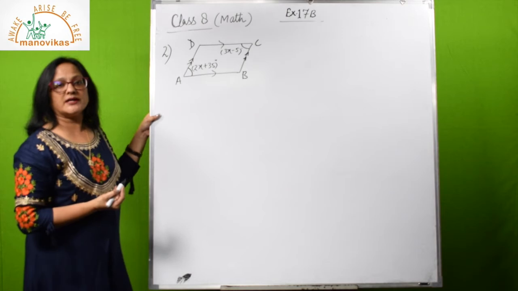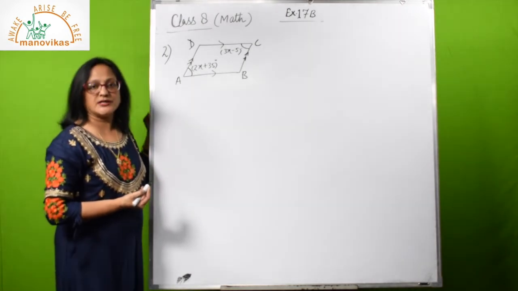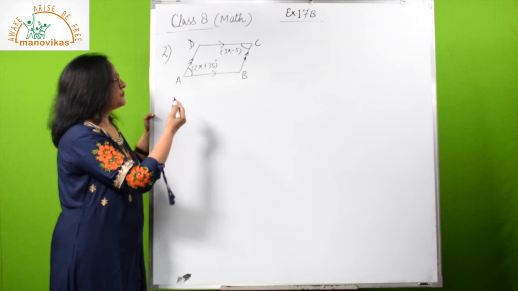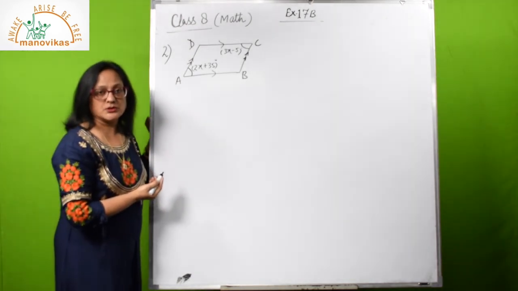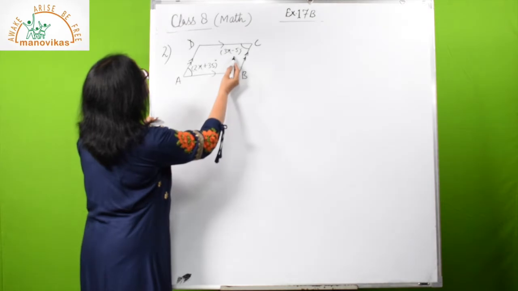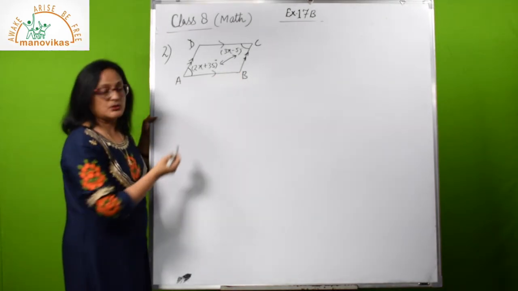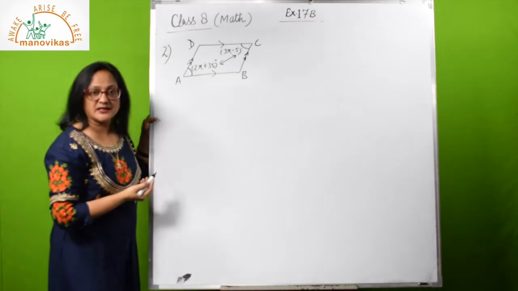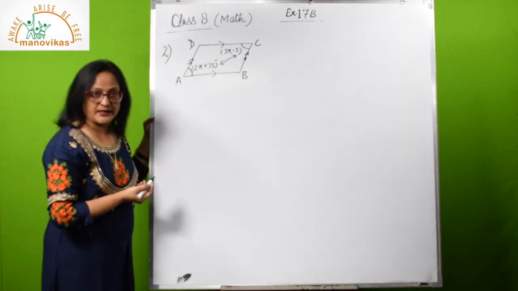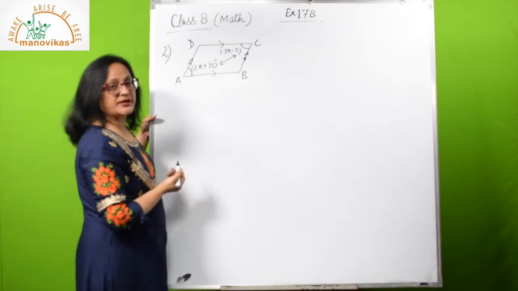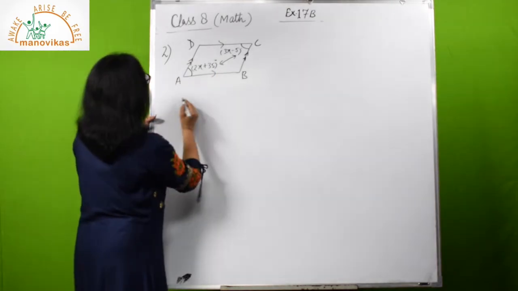See children, when you are given the angle in variable form, then you should try to find the property of the angles that can be used. So here both the angles, if you see, they are opposite angles. So what is the connection of opposite angles in a parallelogram? Just now we have done this. Opposite angles are equal. So you use that property, opposite angles are equal. So first of all, we make them equal.